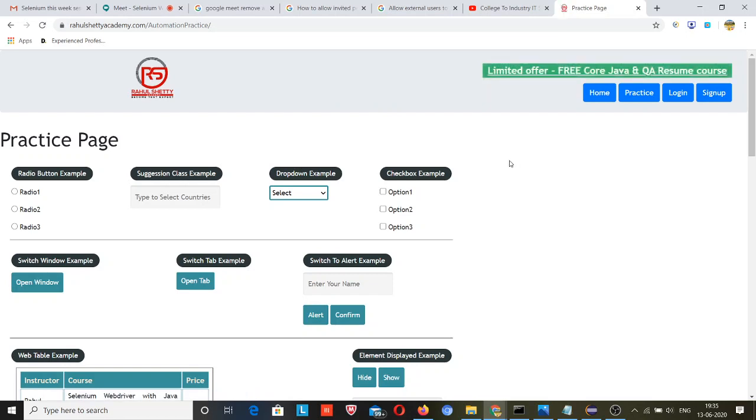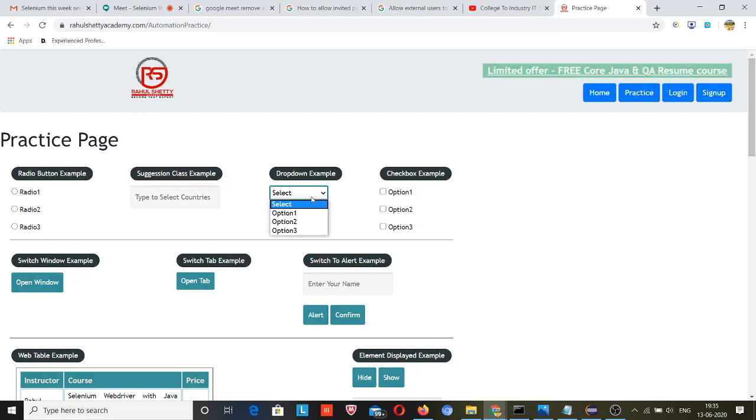This page is designed only for automation practice. This is the checkbox, these are the radio buttons. This is one type of web element in a web page. When you type something like countries, I will type India, and it will suggest. So it is a suggestion type drop down box.